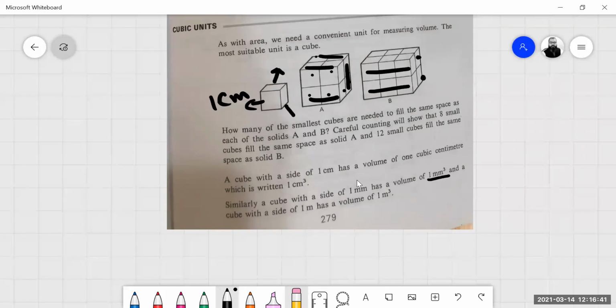Now we will come towards the next page. I hope you understand all this. If you have any confusion, tell me. I can repeat, no problem. Simply, you should know that this is length, width, and breadth. So when we multiply, we can find out the total units in any volume.